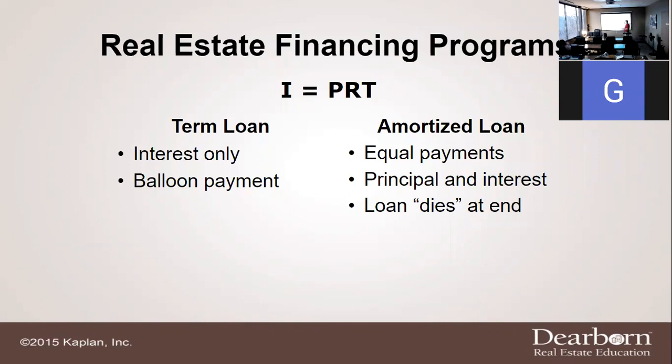So say for example, in regards to the interest only, Mr. Eugene, you go over and you borrow some money from Mr. Travis, so you borrowed some cash from him and he puts you in a term loan for 10 years. So you put the money in for 10 years, and what ends up happening is you have this term loan period.